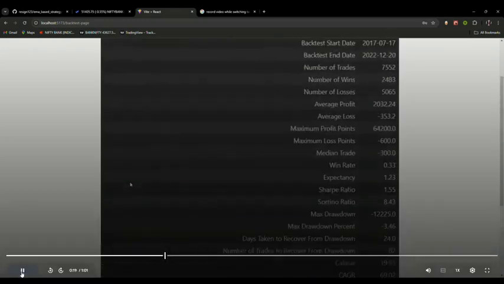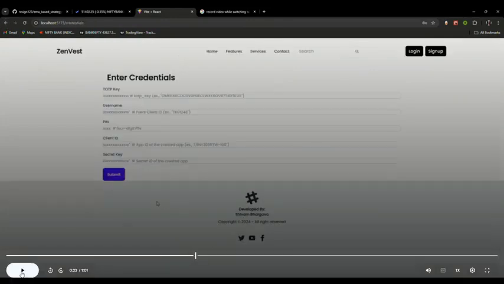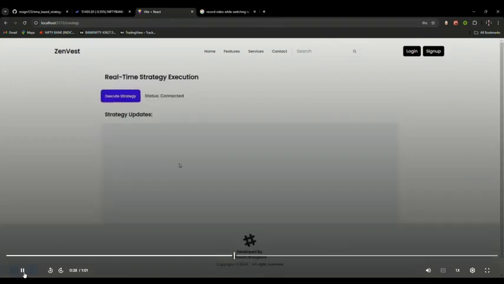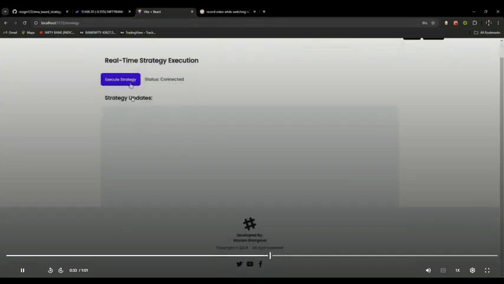And suppose you want to try the strategy on your own, then you will click on try now, and then you will need to enter the credentials of the respective broker. Once you enter the credentials and submit them, it will redirect to the execute strategy button. And once you click on execute strategy, suppose in the morning,